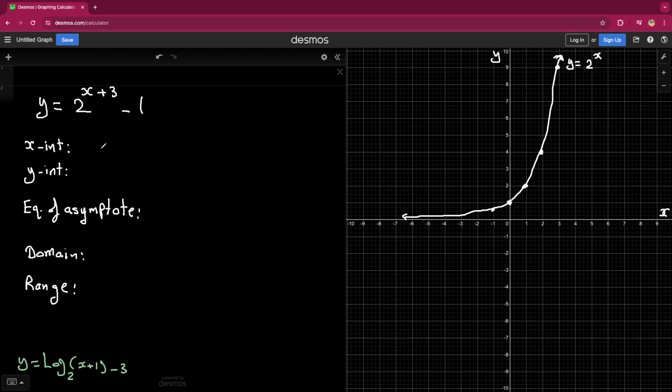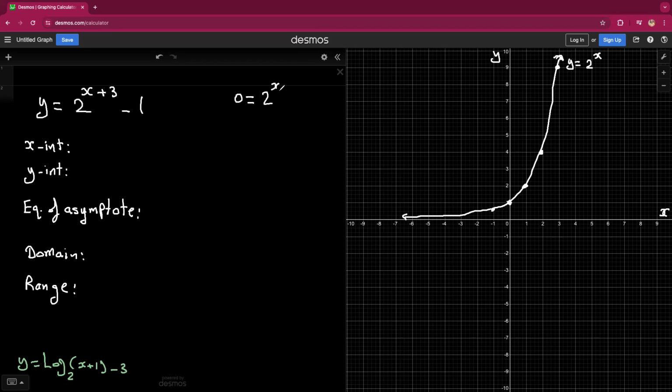Now, I'm going to find the x-intercept first, and then the y-intercept, and then the equation of the asymptote. And after we graph it, we're going to tell what the domain and range is. Okay. So here, the x-intercept, all you need to do is make y 0. So I'm just going to do this on the side here. So if you make y 0